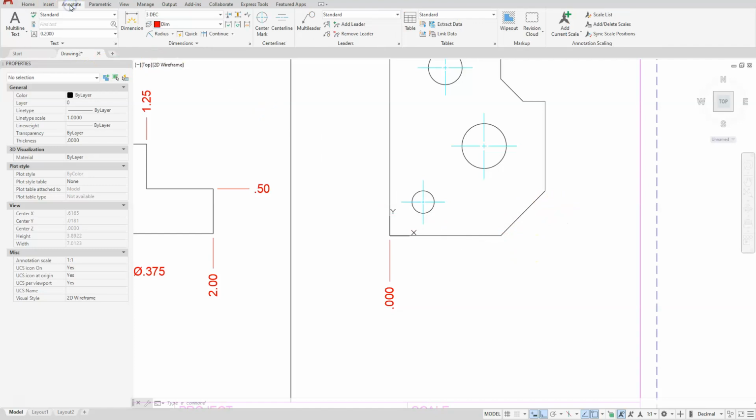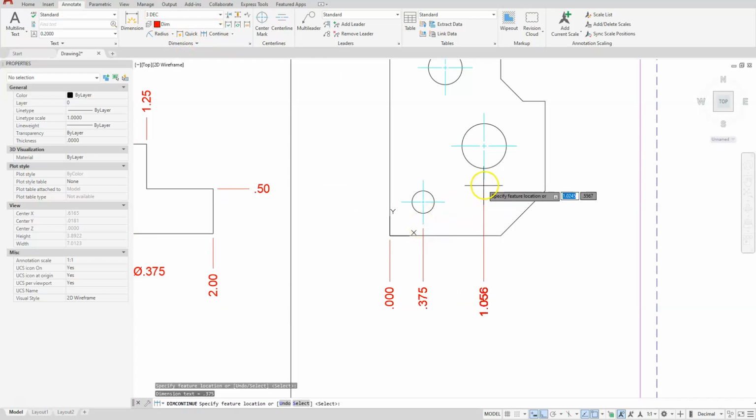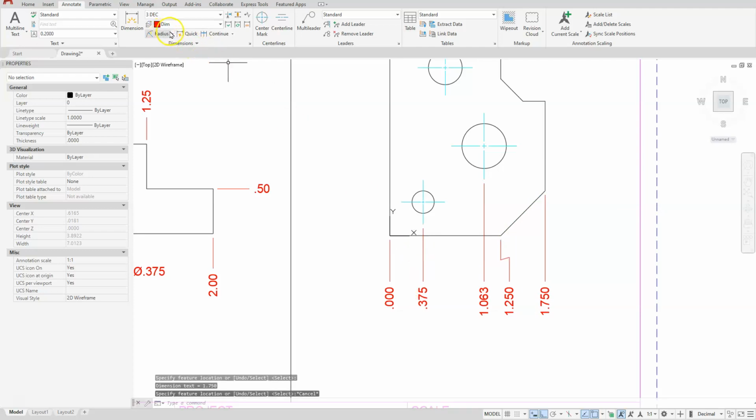I'll switch to the annotate tab since I want to use the continue option. And you're going to see as some of these dimensions are close, it will get a jog into it. So I'm just selecting these endpoints, and here's our first one, and you can see that it has a jog because these are really close to each other. So it likes to space out the text. So select that endpoint, and then that endpoint. I'll go back to the ordinate dimension,